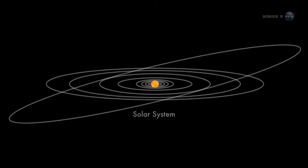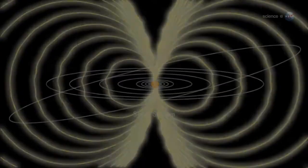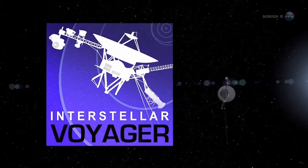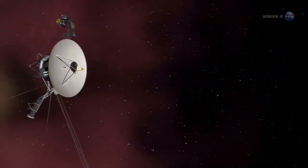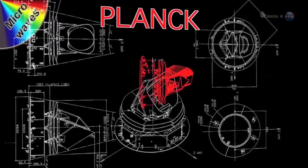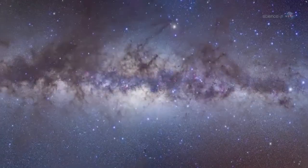Massive currents flowing beneath the solar surface give rise to a vast magnetic bubble that envelops every planet in the solar system. When NASA sent the Voyager probes to find the edge of the Sun's magnetic field, it took them nearly 40 years to get there. Turns out, that's nothing. Researchers working with data from the European Space Agency's Planck spacecraft have mapped the magnetic field